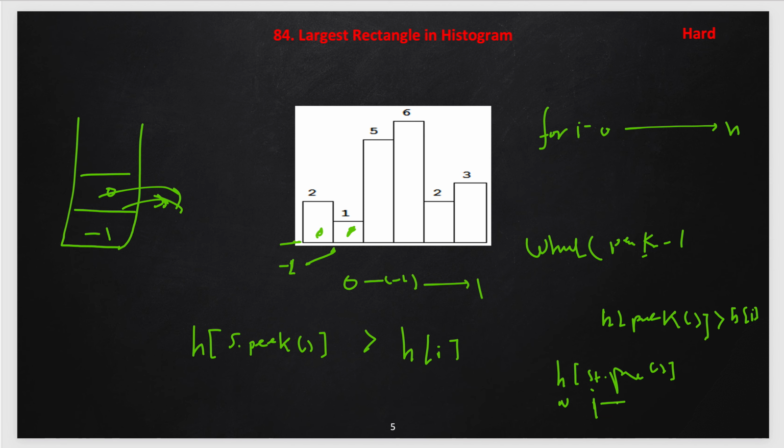So it is 1 plus 1 minus 1. This will be our width, because the last element is -1 that we are taking. The area will be h into w, and we will update the global maximum area from this, and we will keep doing this until the end of the array. After reaching the end, we also need to check the stack in case there are elements still there. So, let us quickly implement the code.